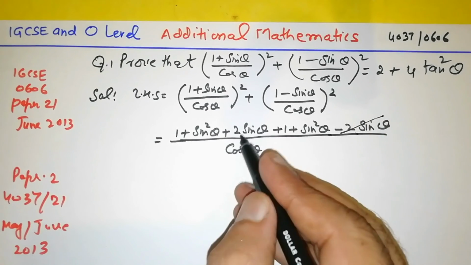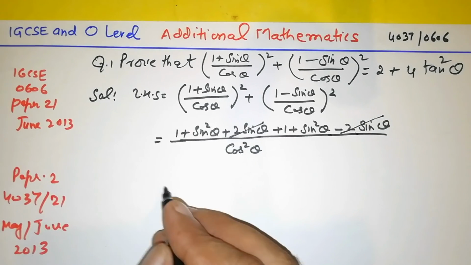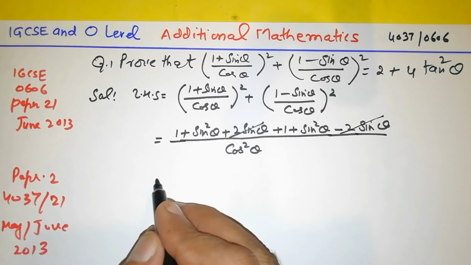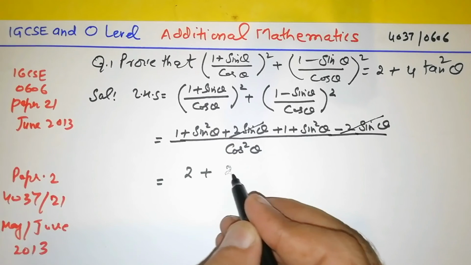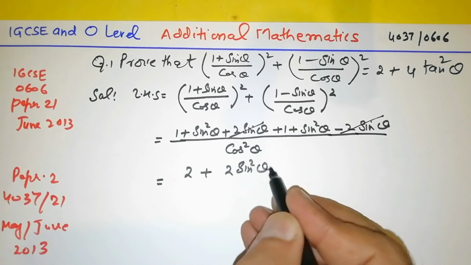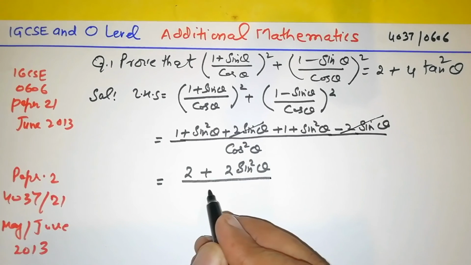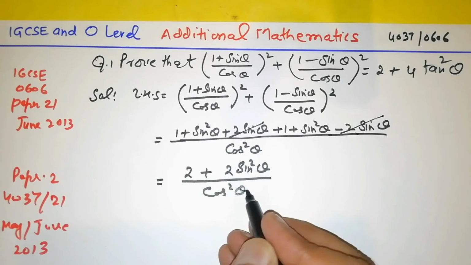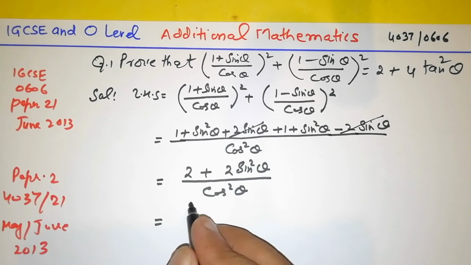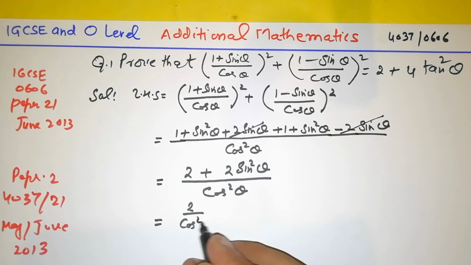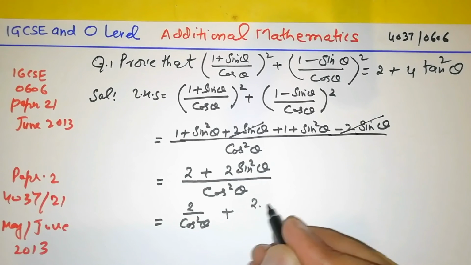Therefore, this term is cancelled out with this term. And this is 2 plus 2 sine square theta and divided by cosine square theta. So students, when we divide separately this cos square theta, these two terms, we have 2 over cos square theta plus 2